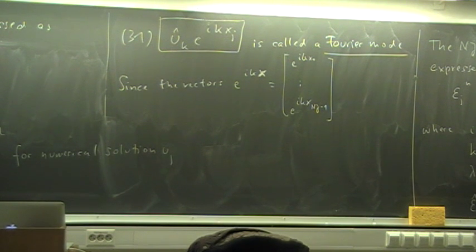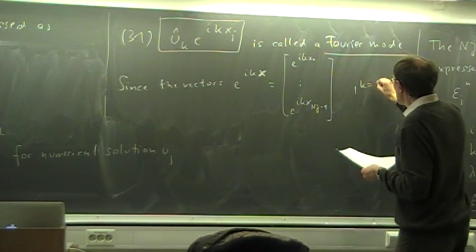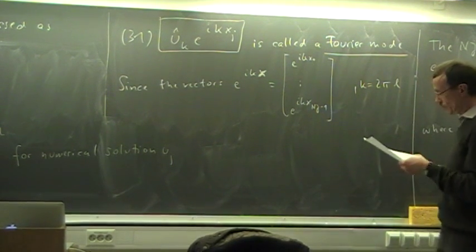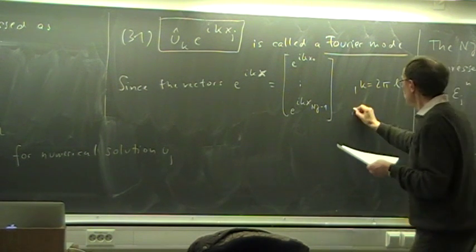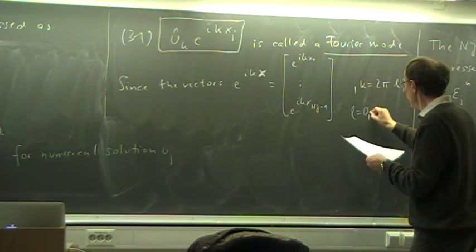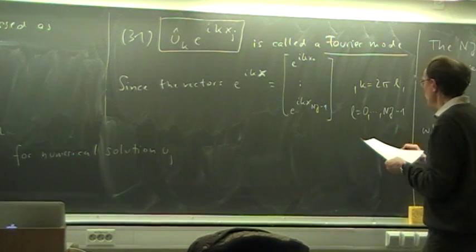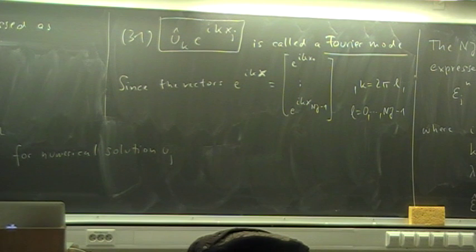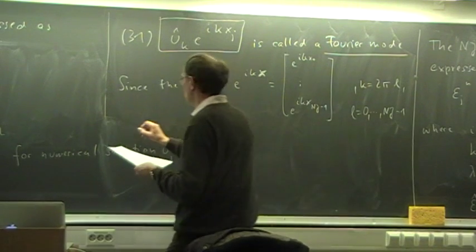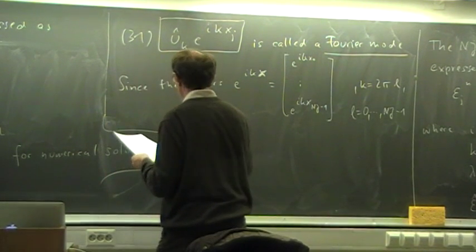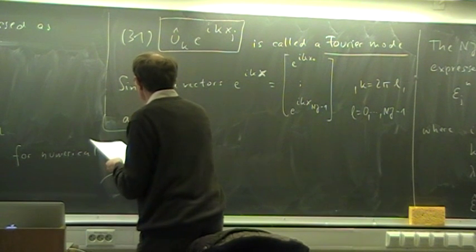So we have then the k, and take k as 2 pi l. And we take the l from 0 to n_j minus 1. So then we have n_j of those vectors. And it is elementary linear algebra to show that these are linearly independent. So since these vectors are linearly independent,